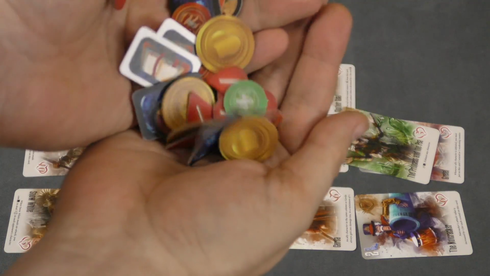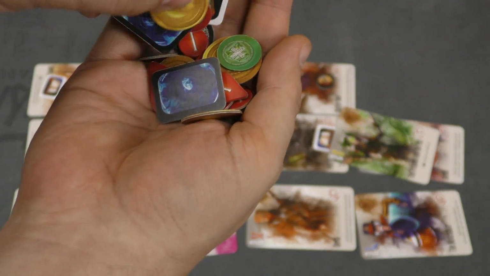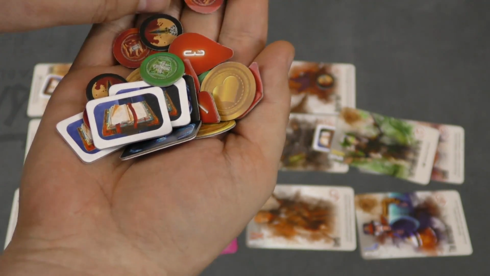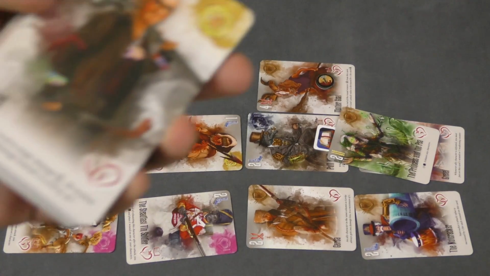So the pieces that you have with the game are fine. They're not great, but they're health tokens, books, coins. You have these that show that someone has a +1 attack or -1 attack, things like that. The cards themselves, the art of the game,